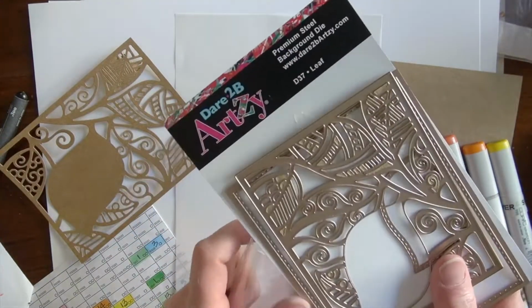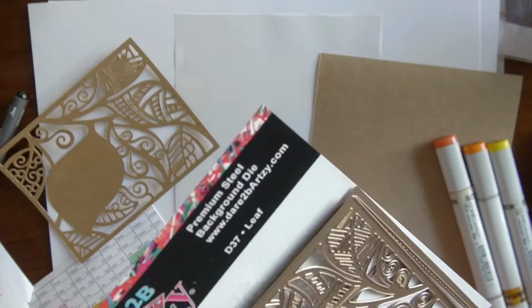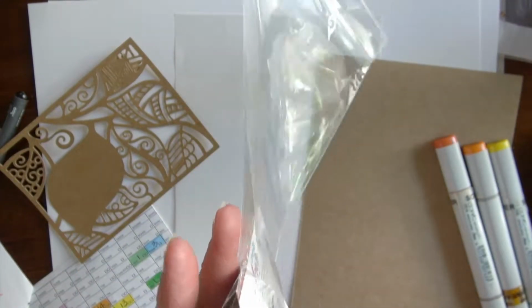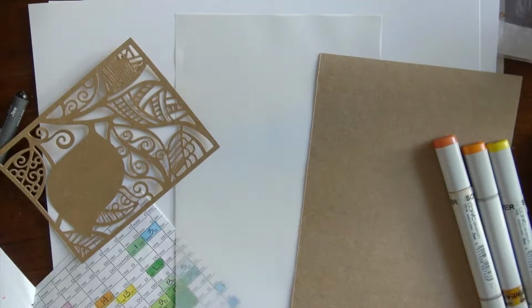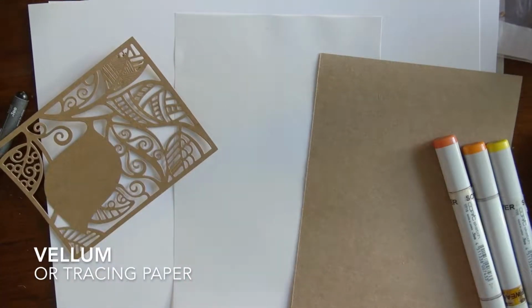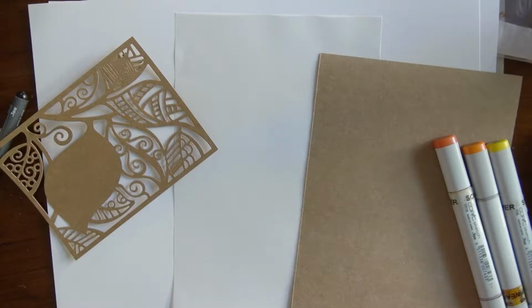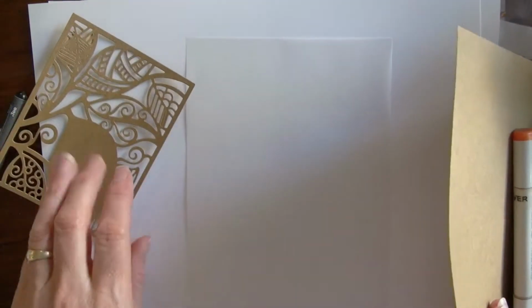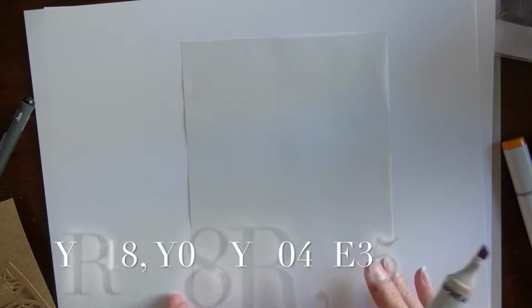And then I am also going to use a sheet of tracing paper or vellum. A lot of us have vellum in our craft stash, but in this case, I'm using a sheet of tracing paper. I have a lot of that lying around my house, so that is what I use instead sometimes. And then I've got 4 Copic markers, and I'm going to start coloring on the vellum or tracing paper. Oh, and I have a craft card base as well. So I'm going to start with